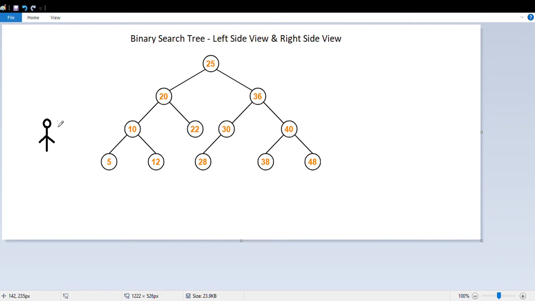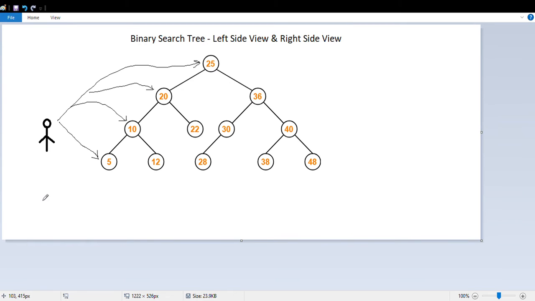You will see first 25, which is the root node, then 20, then 10, and at the last, 5. These are the nodes that will be visible to you when you are standing on the left side.